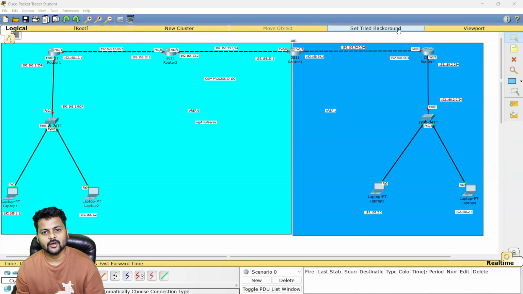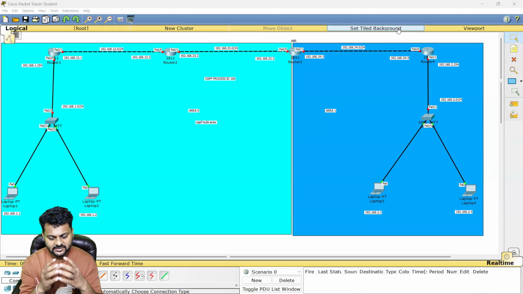Today we are going to discuss the OSPF multi-area configuration. Right? OSPF multi-area means what? You have at least two areas. Make sure that one area is a backbone area, because without a backbone area you cannot achieve inter-area communication,